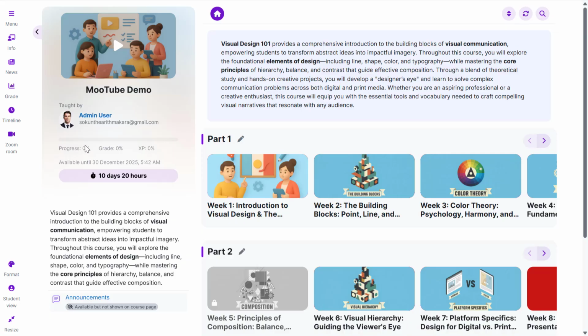Course progress, experience points, and grades are shown clearly as progress bars. You can also choose to display the remaining time calculated based on either the enrollment end date or the course end date, whichever occurs first. Below this is the general section content, also known as Section 0. This area can include items such as a course description label, a certificate module, an attendance module, and other introductory